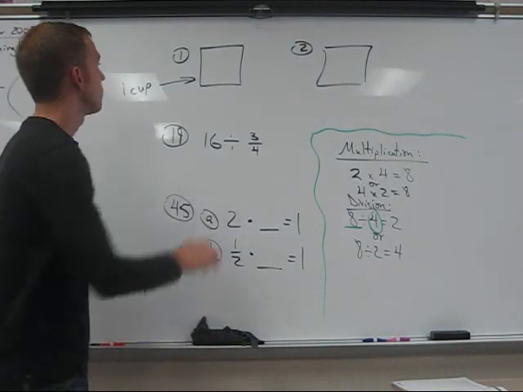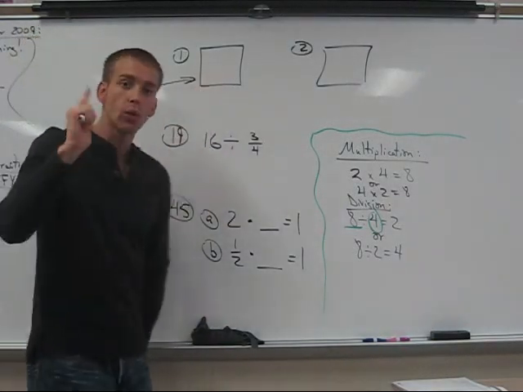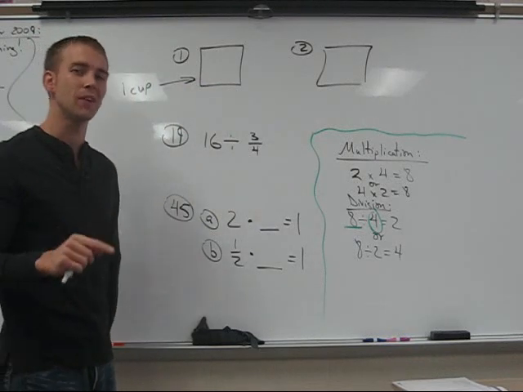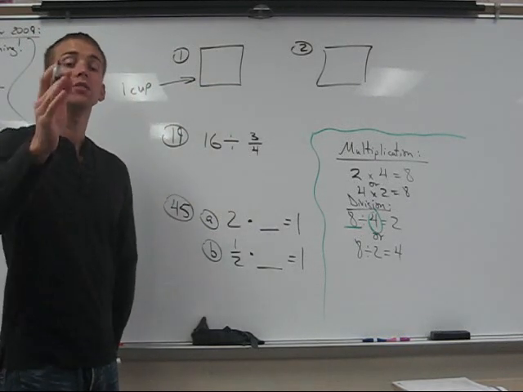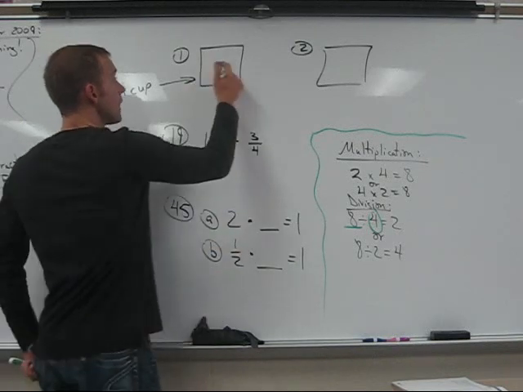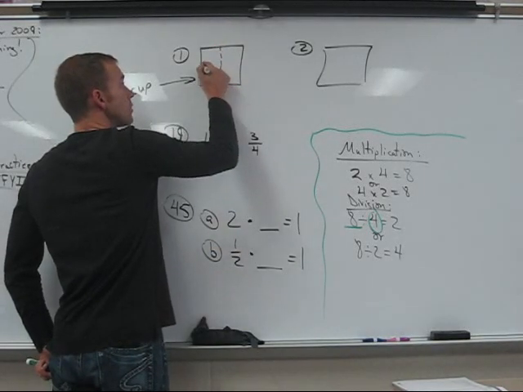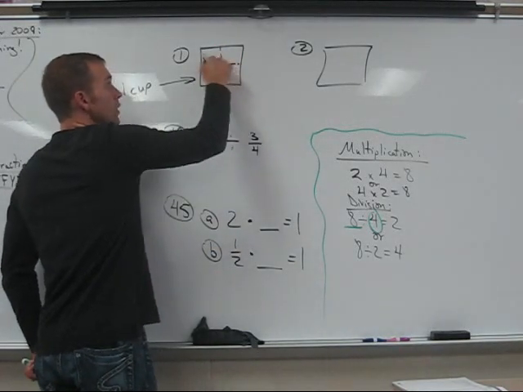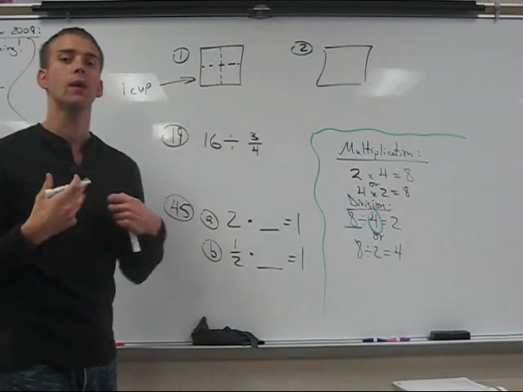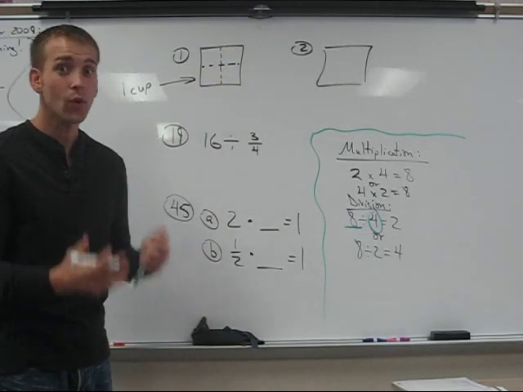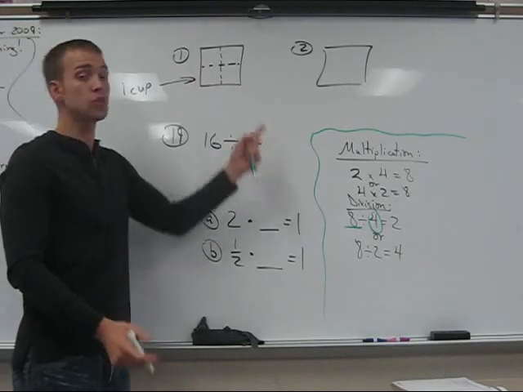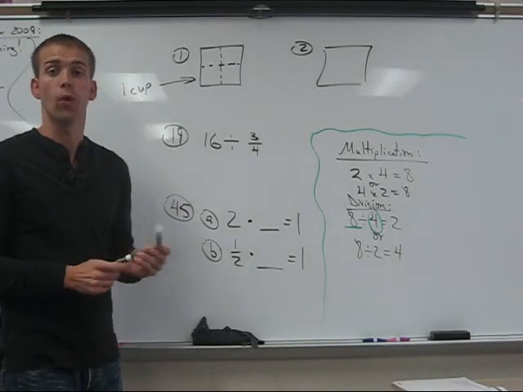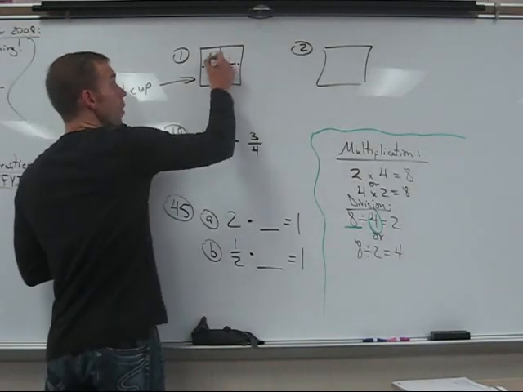But here's the neat thing about it. It says it takes me only 1/4 of a cup to make a muffin. So how many muffins could you make? Let's consider 1 cup, okay? With this 1 cup, I know that if I split it into 4 equal-sized pieces, each one of these represents 1/4 of a cup, or what I would need to make a muffin. In other words, 1 cup of sugar would be able to produce 4 muffins,